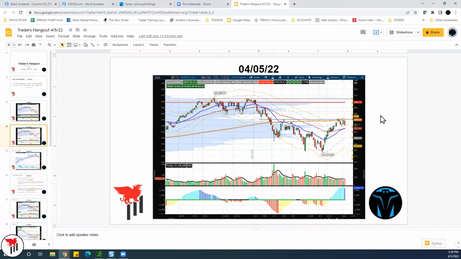Trading is that simple. Wait for the high of the day, wait for the confirmation. Confirmation meaning you have price and volume, right? Confirmation is not just price and it's not just volume. You need to have price volume action. And that's when you get the confirmation, you go long. Now, if you don't get the confirmation, you start looking for what?